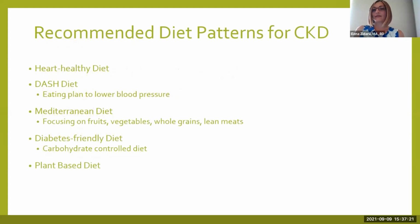So talking about the recommended diet patterns for CKD. People with CKD can have diabetes, can have high blood pressure. CKD patients are higher risk for heart disease. So the dietary patterns recommended are heart healthy diet, DASH diet, which the acronym for DASH is Dietary Approaches to Stop Hypertension. And it's basically an eating plan that's been shown with research that can lower blood pressure very effectively. Then Mediterranean diet patterns, which probably you heard about as it's very similar with the heart healthy diet pattern. Then we have a diabetes-friendly diet that's more carbohydrate control. And for people with diabetes, that would be an important